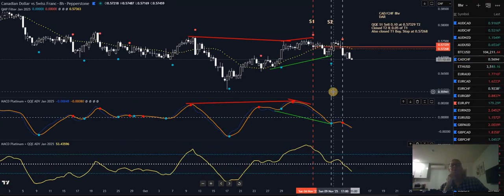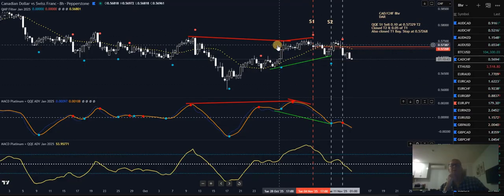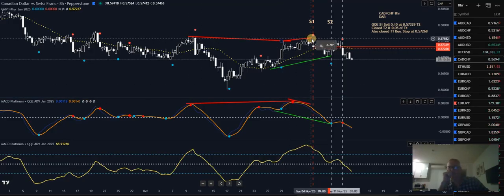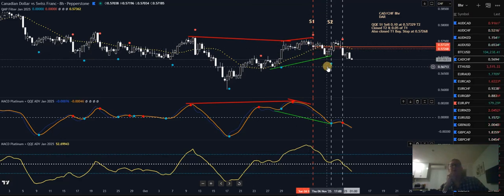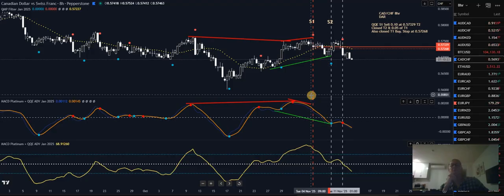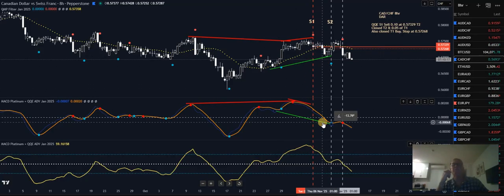CAD Swiss, I was in a sell here. This wasn't a bad setup, it was a QQE sell. There was initially hidden bearish divergence followed by regular bearish divergence. So I love that too, the old 1, 2 and divergence. Took the sell, didn't really go down, it didn't get through the 50 level, that's what I was looking for. Bounced up, gave me this buy here, which is a hedge buy on that QQE because I was still in that QQE trade, and there was hidden bullish divergence there. So it's a good setup.